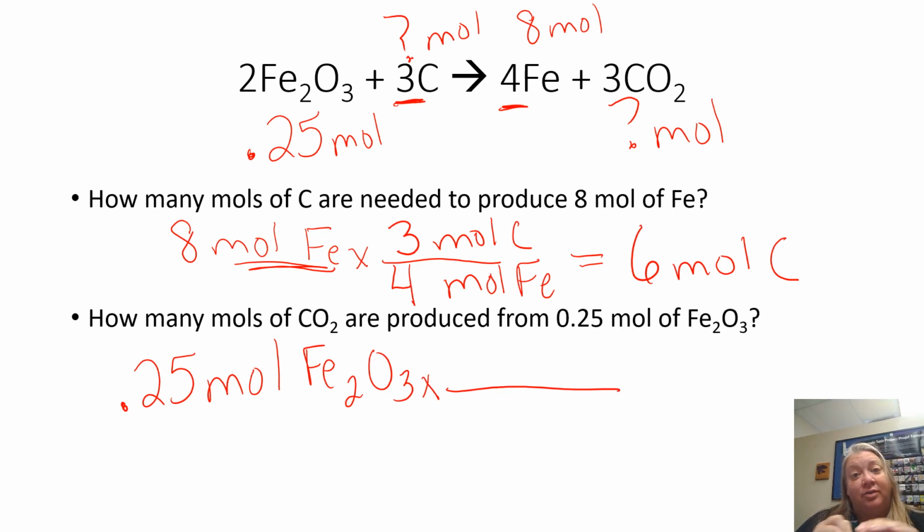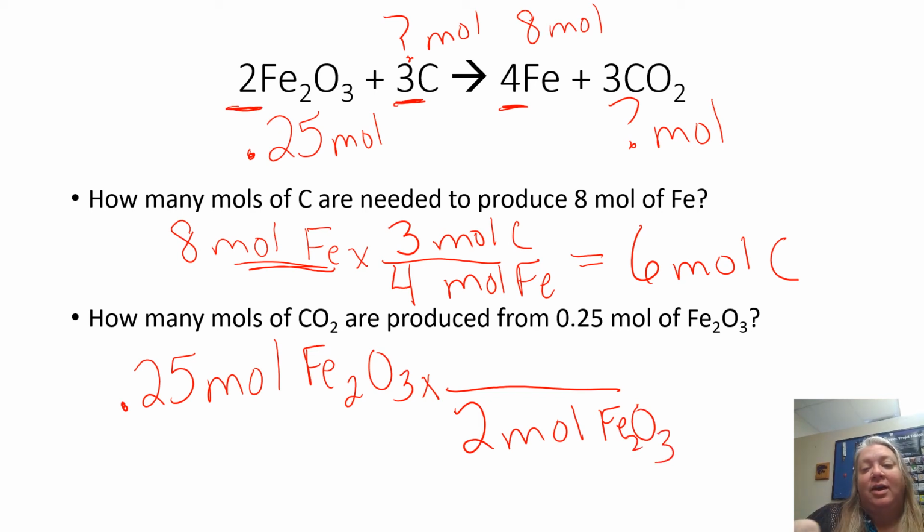And then we're going to draw our little fraction line so we can do our unit analysis. On the bottom, I'm going to need the iron oxide. So I go to my balanced equation and I say, well, for every 2 moles of iron oxide, and again, that just came from right there, I'm going to have 3 moles